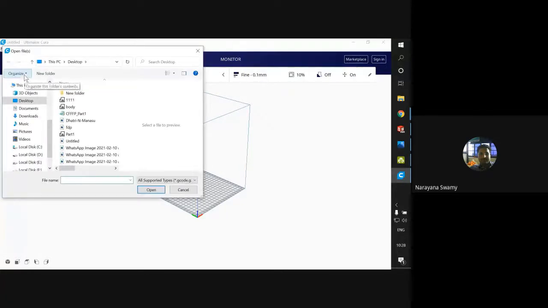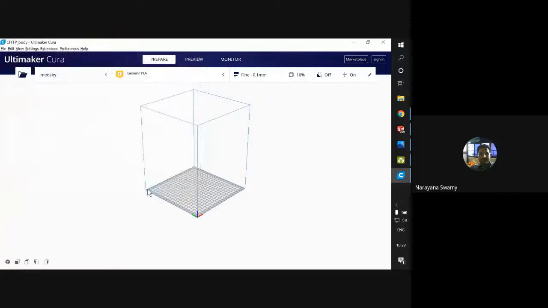Click here, and wherever you saved it, I have saved it as body. You can see the difference here: the file saved as .stl and the files saved as JPG or other formats. We'll go with the body.